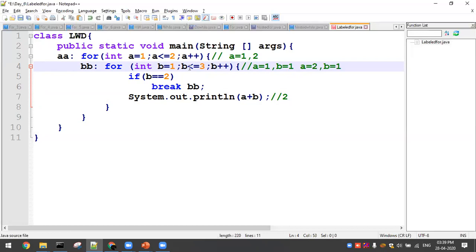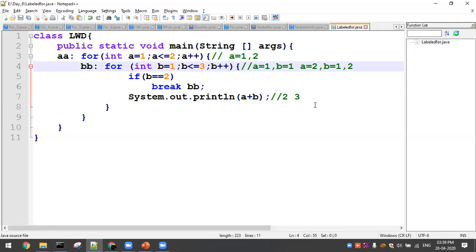I'm checking, 1 less than 3, true. Again it will come here, 1 equal to 2, false. So I'll be printing here as 3. Again I'll go with b equal to 2. What will happen? 2 equal to 2, true, so you'll be breaking the inner for loop. So you'll be getting only 2 values, right?